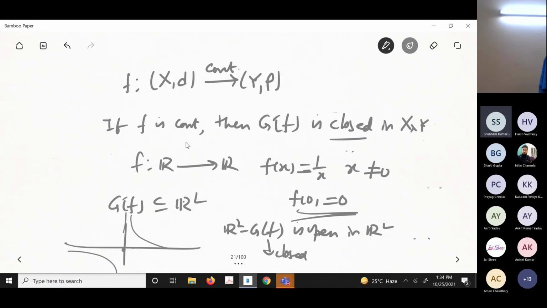But you see that here, though it is closed, it is not bounded. The graph is not bounded. Okay, right? So here is the difference, I think. The problem 4 is saying that if the range is not compact, then for a function, the graph may be closed, but f is not continuous. Here it said if this is compact. I have given the counter example. If this is compact, because R was not compact, then it will be if and only if.